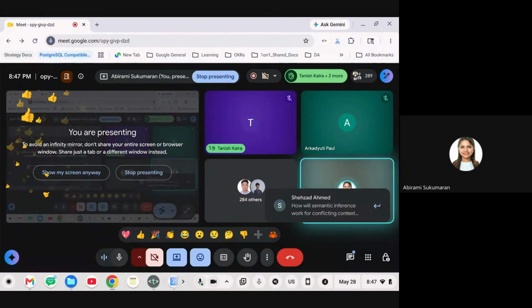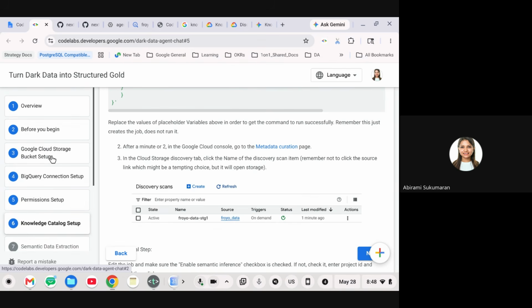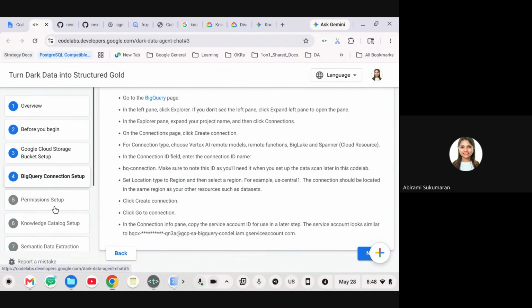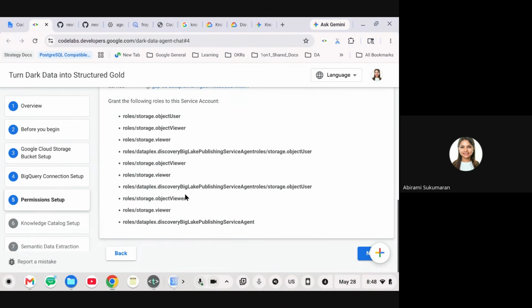All right. So what I was trying to say is, since we want to convert unstructured data, or PDF files, to structured information, we started from setting up Cloud Storage where our PDF files are located. We have our BigQuery connection set up, generating a service account, and we provision permissions for that service account. And if you have Dataplex enabled, you will also be able to see the Dataplex service account, which will also require some permissions for your job to be completed. So go ahead and enable those.